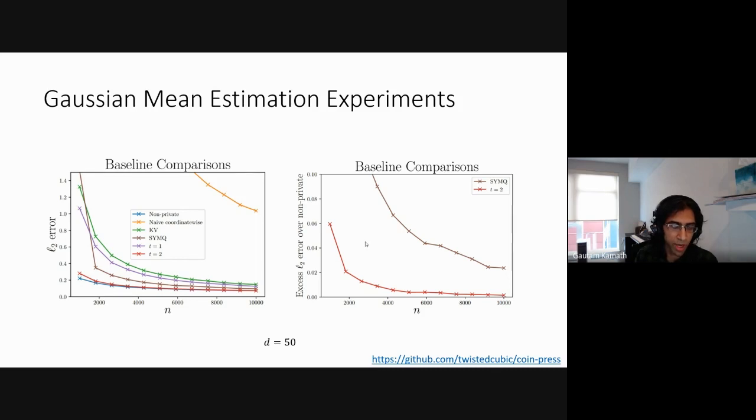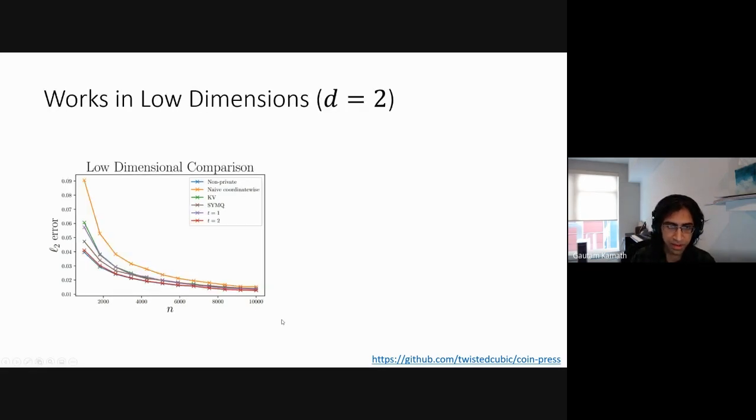The only way to apply the univariate case in the multivariate setting is essentially doing each dimension one by one. So this tells you that even if you have a very good algorithm for the one-dimensional problem, doing the thing that works in theory, which is just doing each coordinate independently and gives you the right answer theoretically, will not give you a good answer in practice. That doesn't really work. And working in the higher dimensional space directly is the better thing to do. So this is within 50 dimensions, and similar things hold even in, say, lower dimensions.